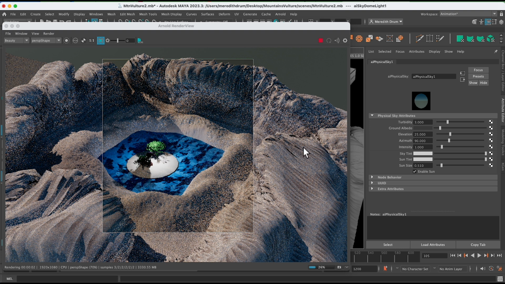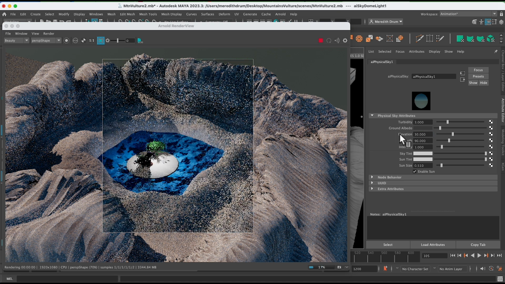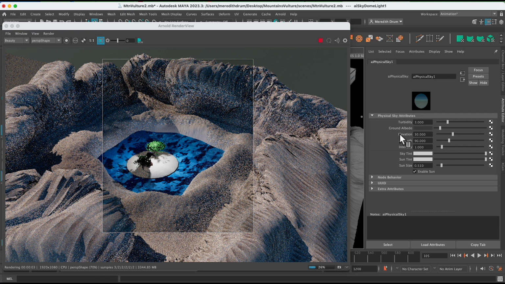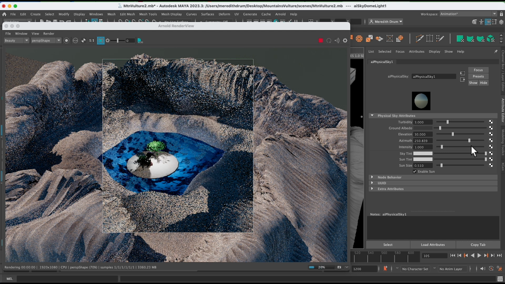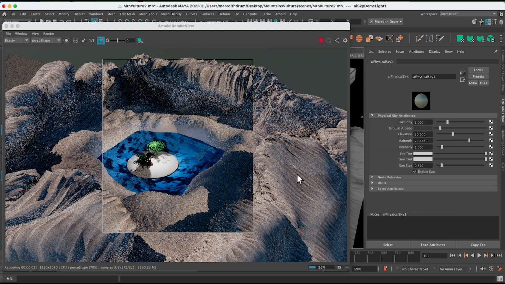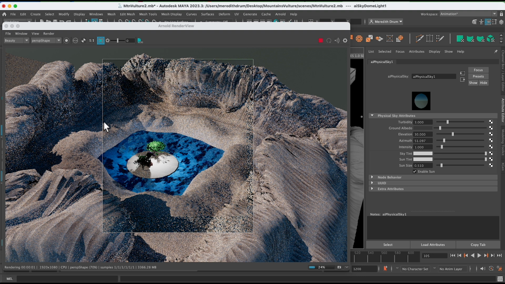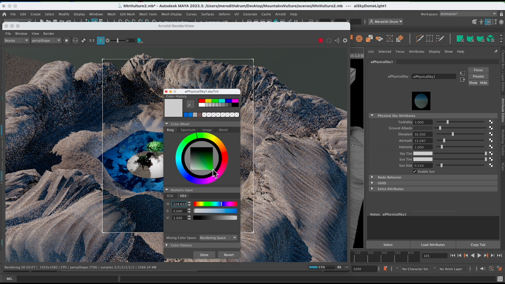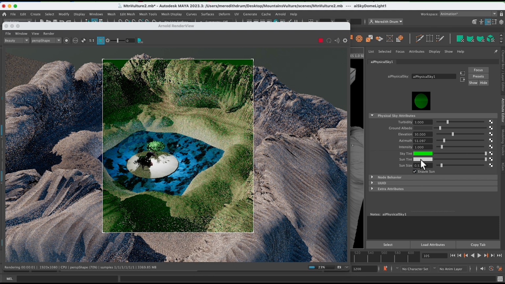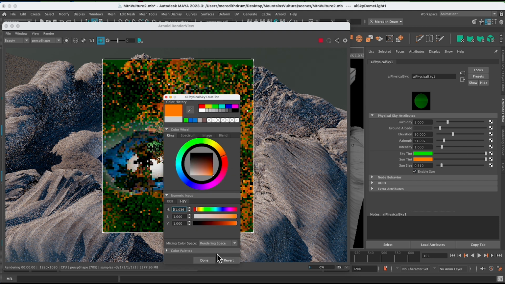And you can also play with where the sun is. So it may be a little hard to see right now, but let's make it a little higher, and let's play around with where the sun is. And the way you do that is you mess around with the azimuth, and that changes where east or west is. Let's say this is morning time, so now east is over here to the right. If I change the direction, then east is over there. So yeah, you can play around with that. You can also change the sky tint. You could do something kind of weird like that. You could create a sun tint that's really orange.